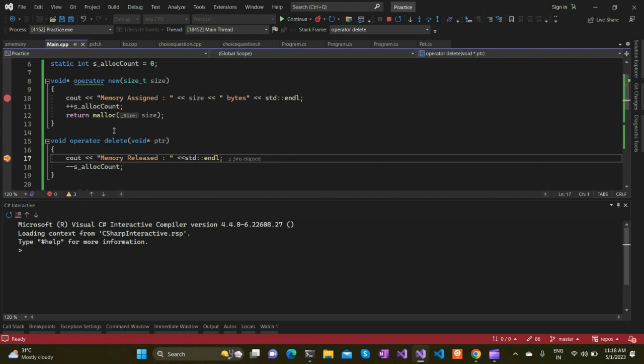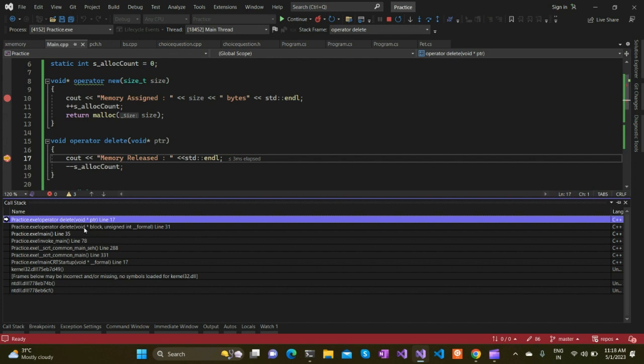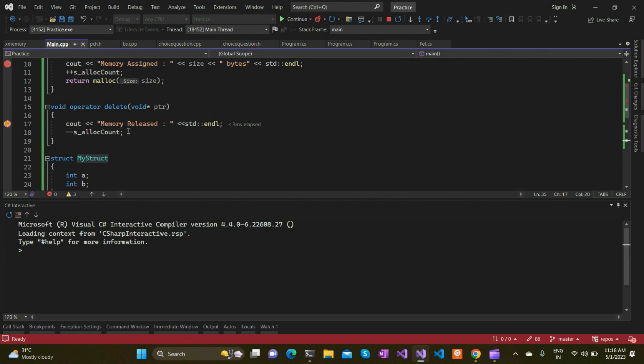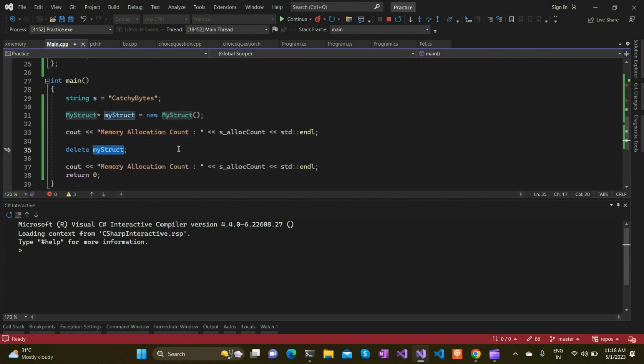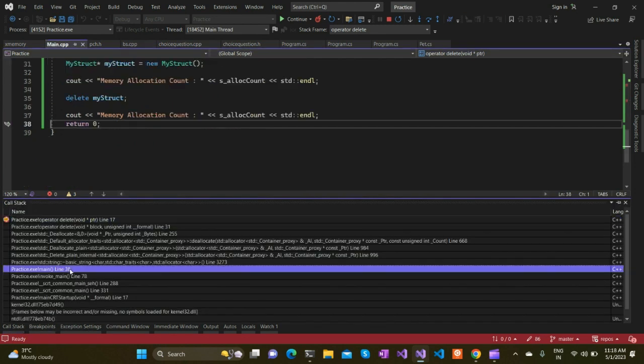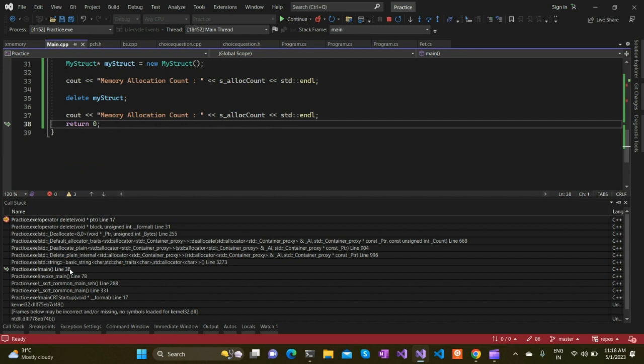As we can see, the first memory which is getting deallocated is a pointer whose handle you can see in the tooltip. For from where it is coming, let's see from the call stack. Let's go to line number 35. Therefore, this particular memory deallocation is coming from delete my struct. Let's proceed further, and again this delete is getting hit. Let's see from where it is coming. As you can see, if you go to the main function call stack, it is coming from the end of